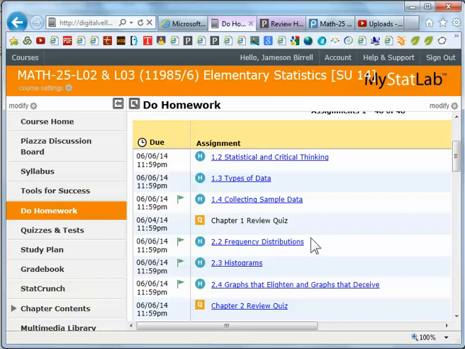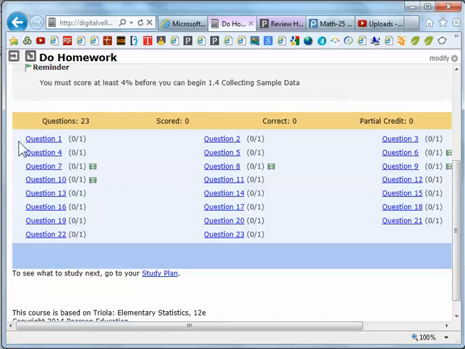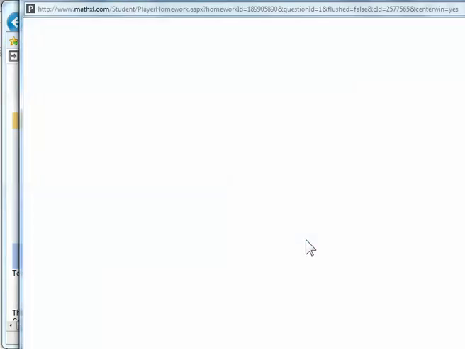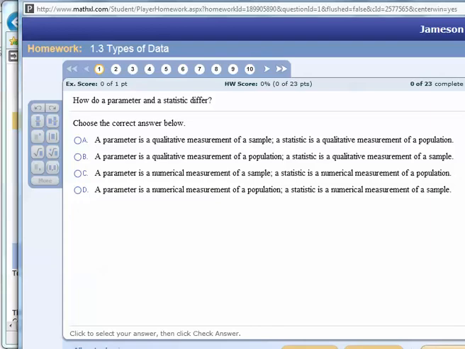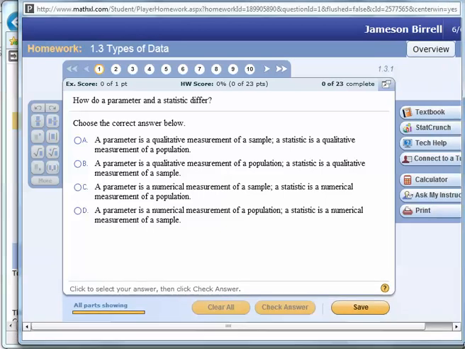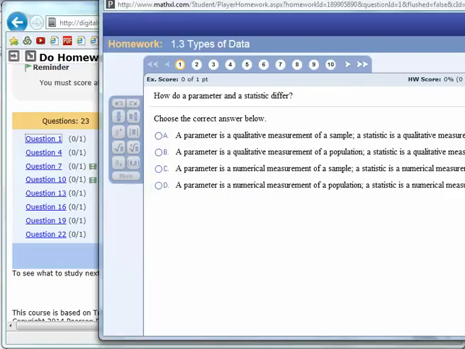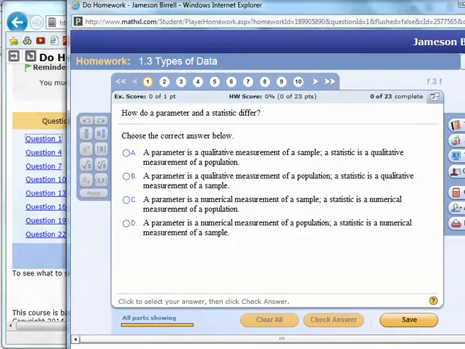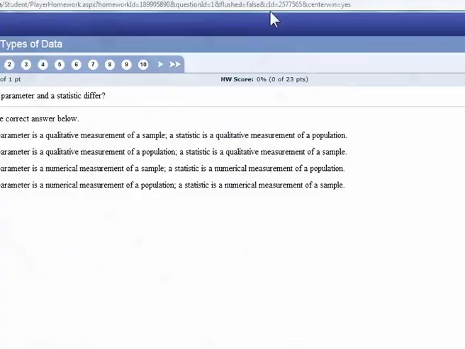So one way to get around that, or to help with being able to be a little bit more mobile when you're doing your homework, is to go to a homework page. It doesn't matter what it is. Click on a problem. It can be any of the problems. Let me see if I can shrink this down. And then off to the side here, you've got some different tools. I'm trying to cover one of these up. So you've got